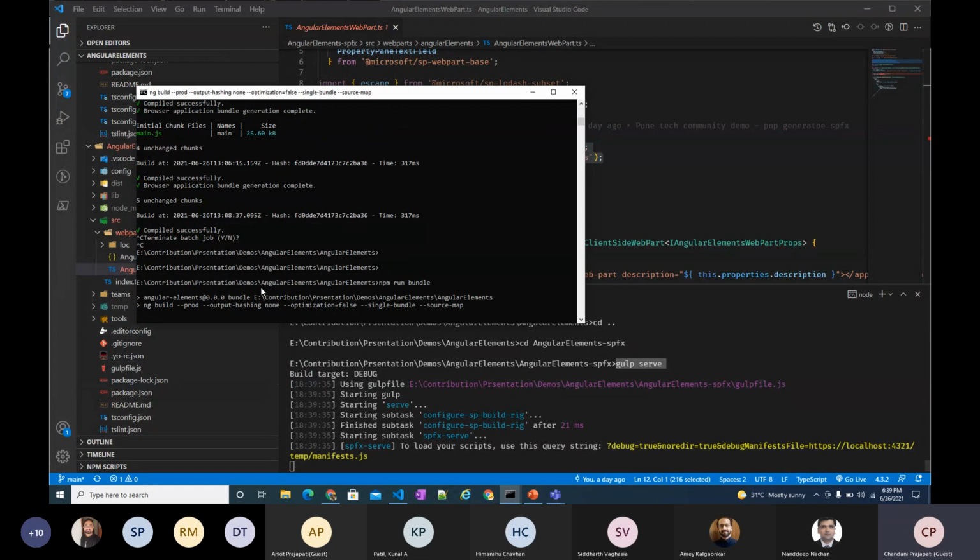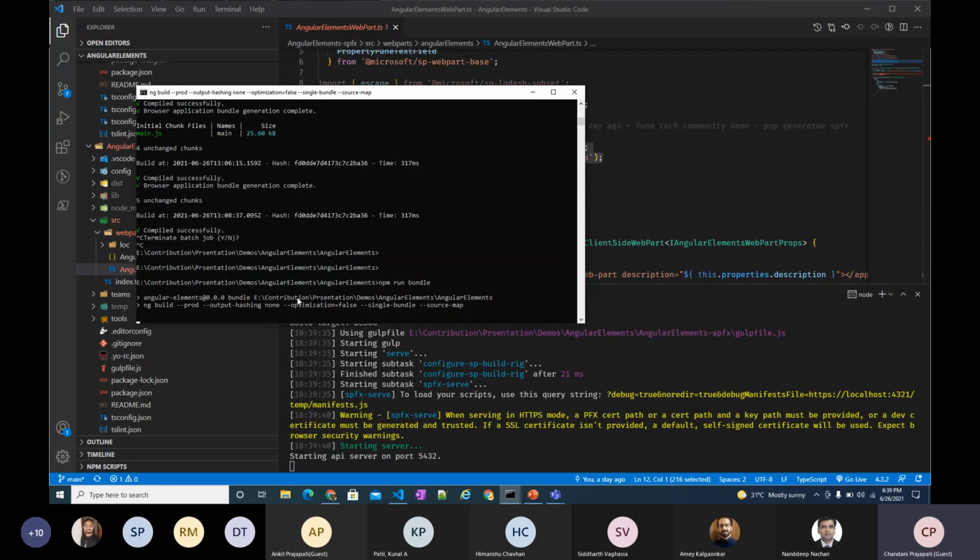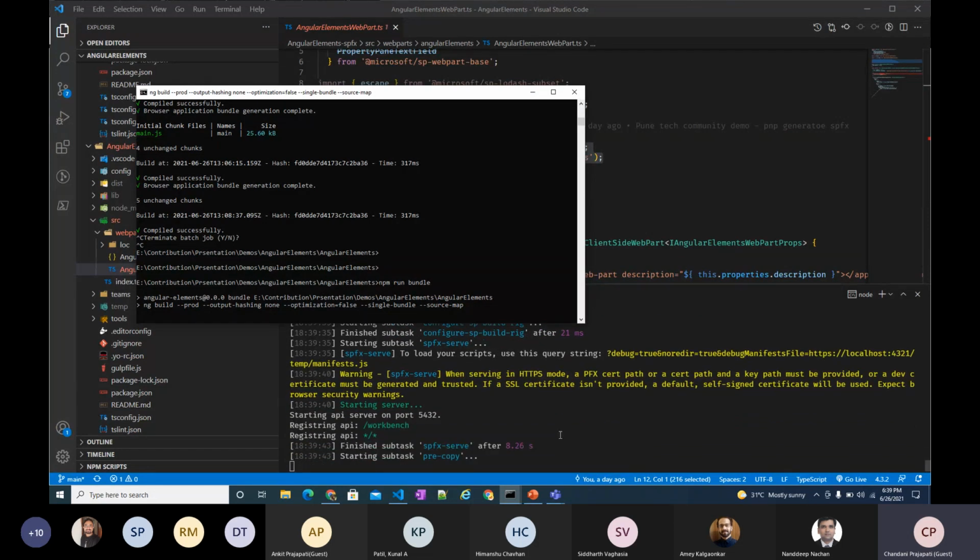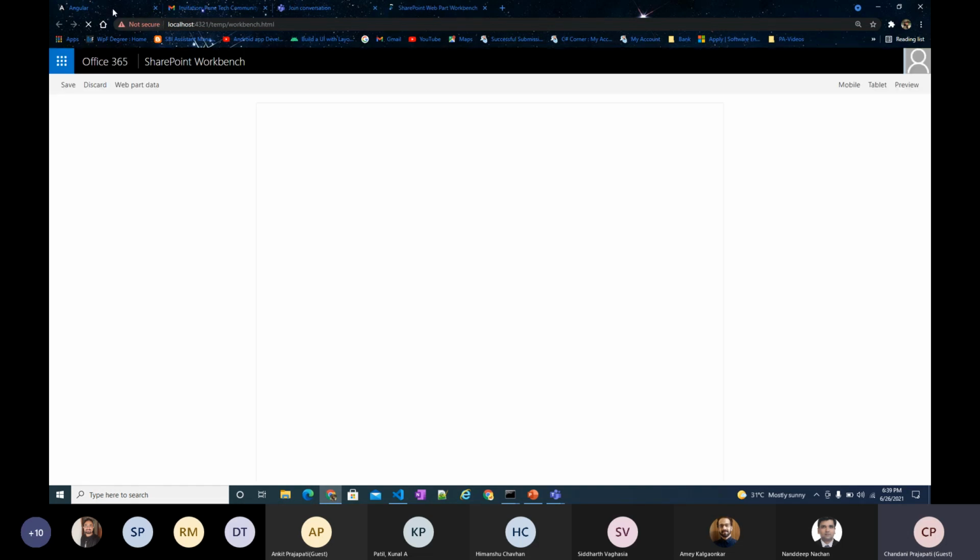So it will create a package. It will show only Angular plus SPFx, it will not show these forms.